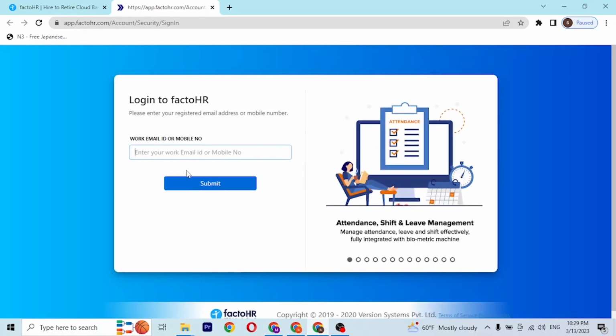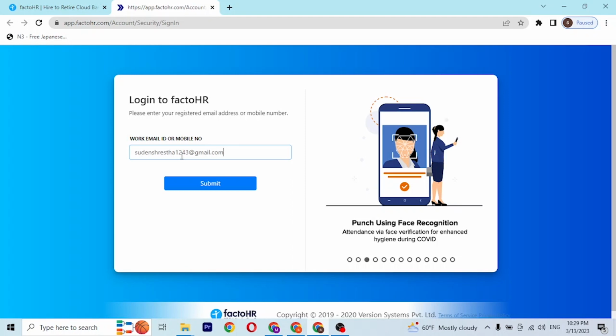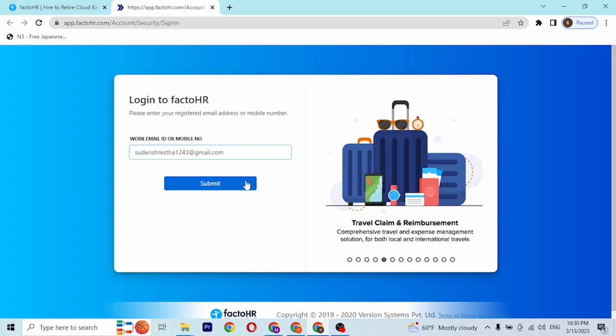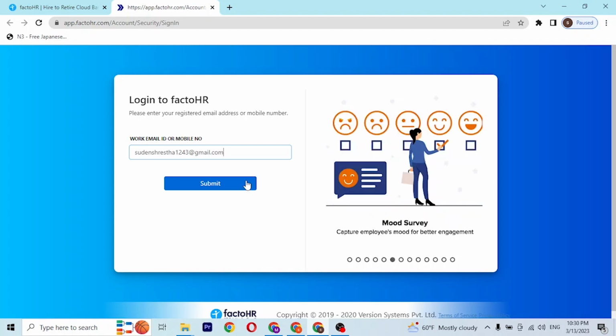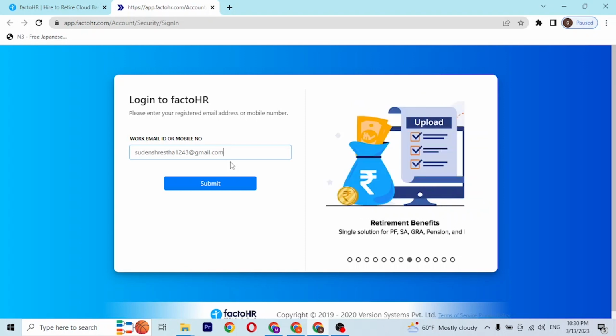and over here you will be required to enter your work email ID or your mobile number like this. And after entering your work email or your mobile number with which you had created an account on FactoHR, simply click on submit, and on the next step you will be required to enter the password relating to your account. And after entering your password, you'll be able to sign into your FactoHR online on your